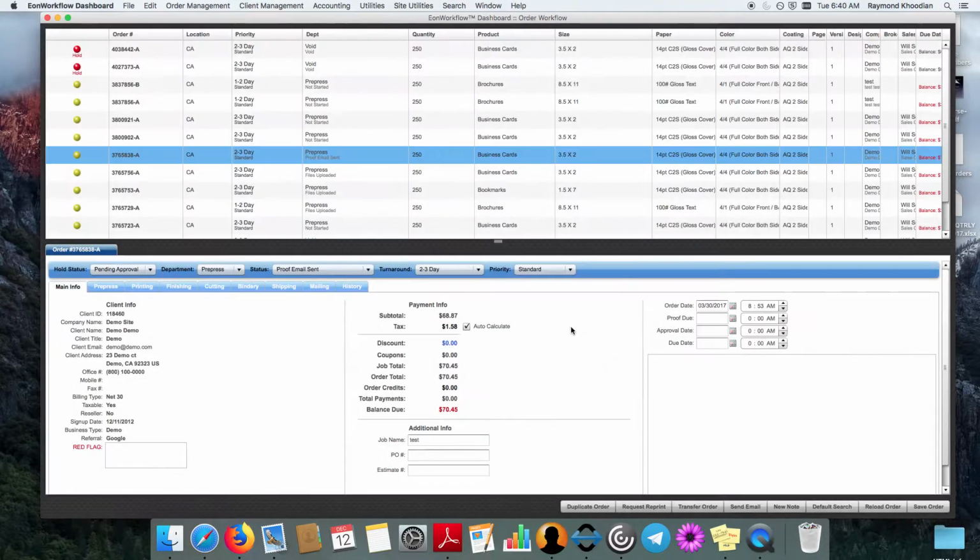So at that point, you just have to wait for your customer to approve their artwork, and then you could transfer the order over to Zoo Printing. Once you send the proof and your customer approves the proof, whenever you log back into your Eon workflow, the department is going to be set to impose and status is going to be not started. So at that point, you know your customer approved the proof and you're ready to transfer the order over to Zoo Printing. What you would do at that point is select the hold status, which should be on pending approval,